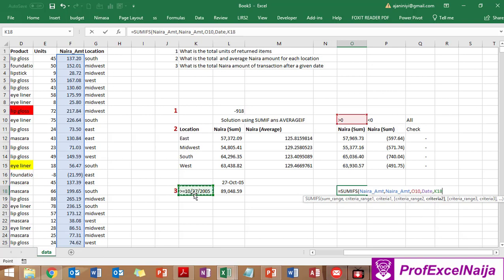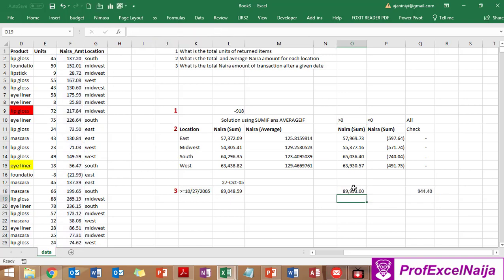Now, again, because I'm going to drag to the right, I don't want K to change. I'm going to put a dollar sign in front of K. I don't need to bother myself because I'm not dragging down. In case I'm going to drag down, I need to also consider this cell. But because I'm not dragging down, I'm going to leave it. So I'm just going to say enter, and the same thing, I drag to the right. At the end of the day, I get a 0. So the same thing is applicable to the